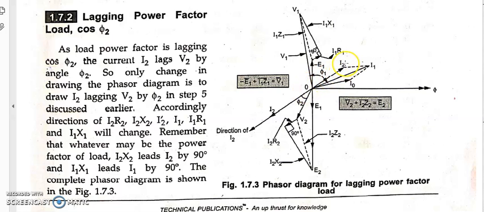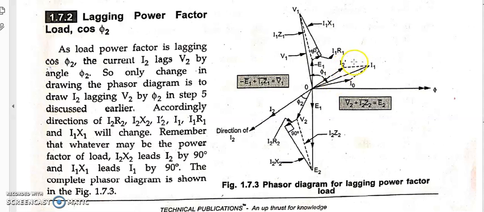Okay, once you know I2 dash, then what happens? For I0 also, if you want, you can mark the power factor angle phi 0 like this, between V1 and I0. I told you already in the last class, the power factor angle phi 1 is always with respect to the current and the voltage V, not the EMF. Okay, so for I0, the angle is what? From I0 to V1, it is phi 0. If you want, you can show it like this, from this point to this point.